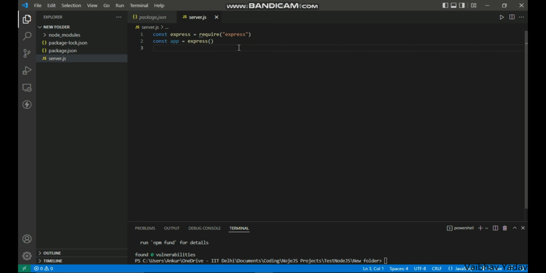We are initializing express in app. So first of all, let's create a function. We will name this function start,